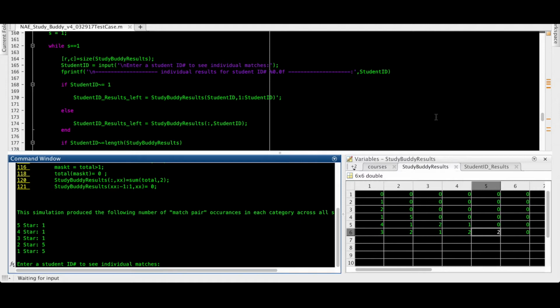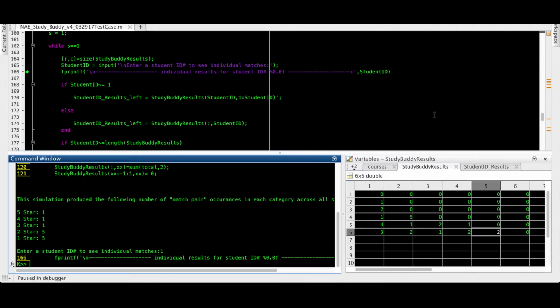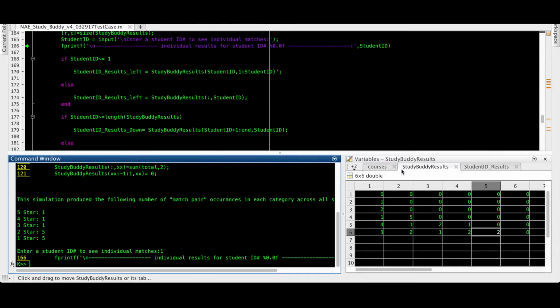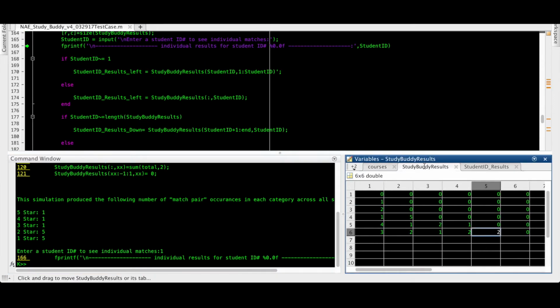So we'll type in student number 1. And what's going to happen is the summing part now. When we enter student number 1, and only for student number 1, we want all of these answers to show up as the matches for student 1.